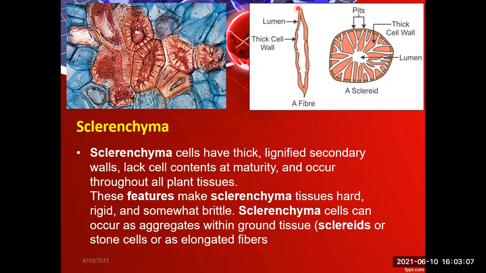This is the sclereid. Sclereids are generally present within the almond's outer shell, the walnut's outer shell, as well as the pistachio. The outer shell of such types of nuts is composed of sclereids. In other words, we can see that sclerenchyma is present in the hard tissues of the plants, just like the almond outer shell.